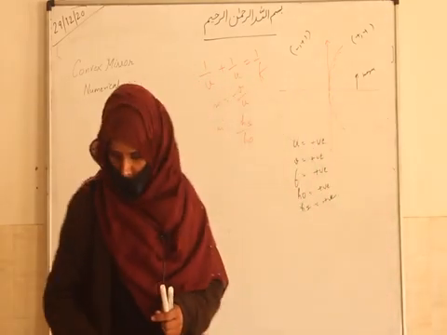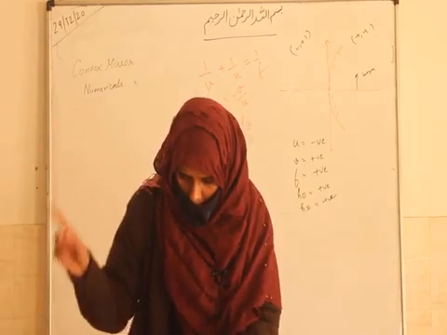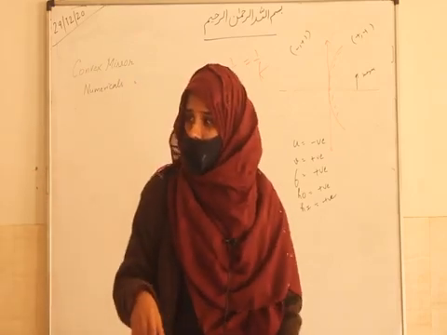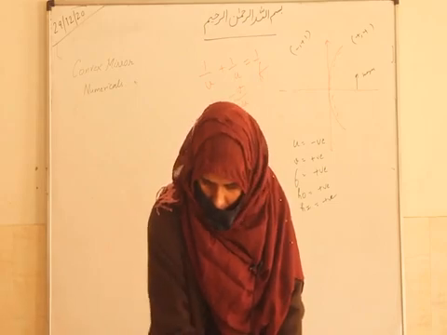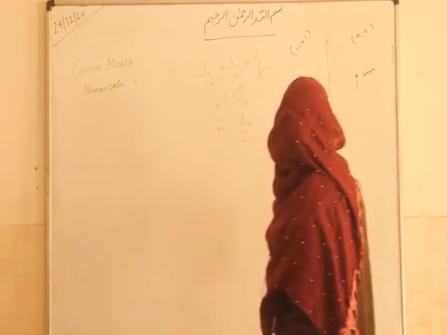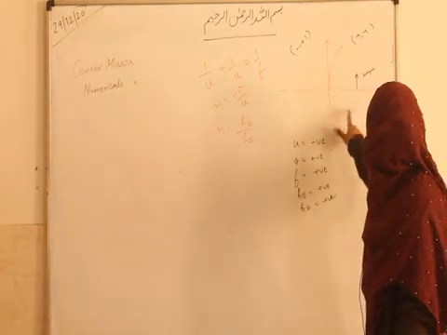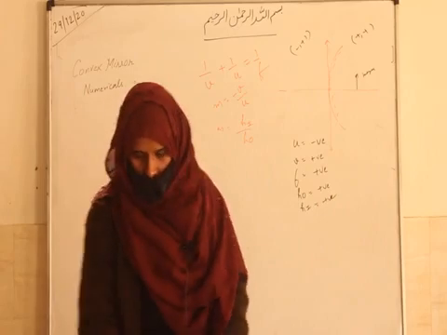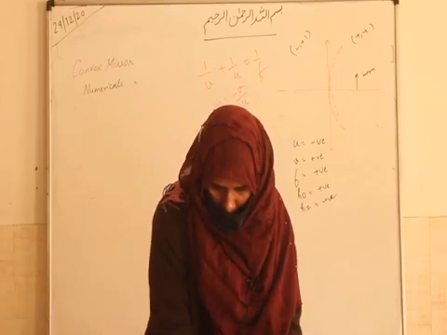So now let's do one question based on a convex mirror, so that this sign convention will become clear. Children, don't compare both, otherwise you will get so much confusion. Light is going in this direction, the image is like this. Yes, I was telling you about this. Let's do one question based on a convex mirror.